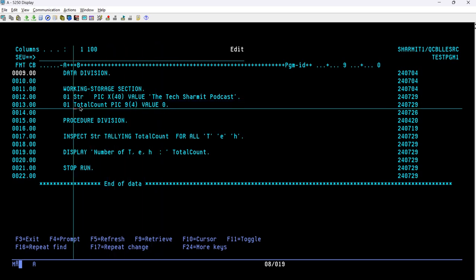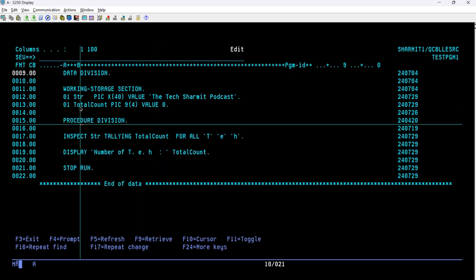So here I am declaring another variable, which is total count. 01 is the level number, total count is the variable name, PIC 9(4) denotes numeric. 01 is the same, denoting the higher data hierarchy. Total count is a variable name or data name. Then we have PIC denoting the picture clause. 9(4) is numeric 4 digit, so it can hold up to a 4 digit numeric value. Then we have the value clause, which is optional, and here you can mention it like this: 0 is for the value clause.